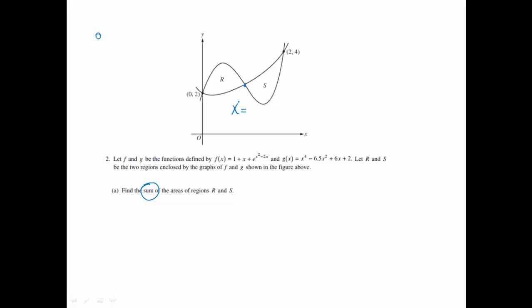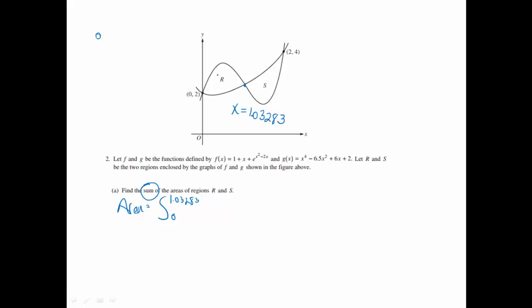That's going to happen at, if you use intersect on your calculator, this will be 1.03283. Okay, and we always want to go to at least 5 places when we're using that point of intersection. So when we want to find the intersection, to get the area, we're going to do area will equal, the first area is going to go from 0 to